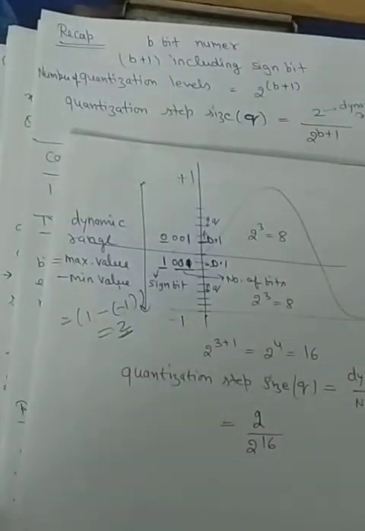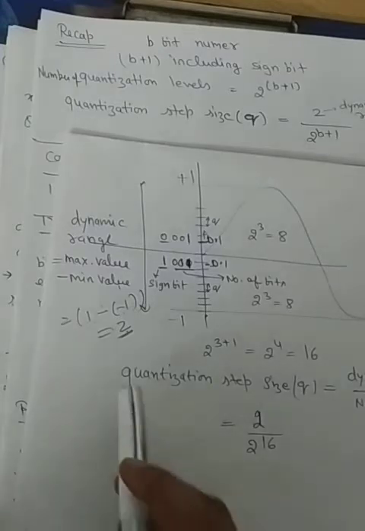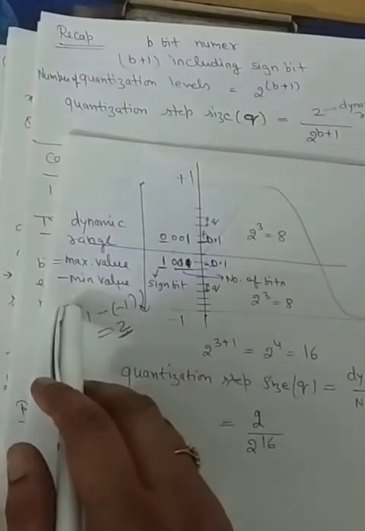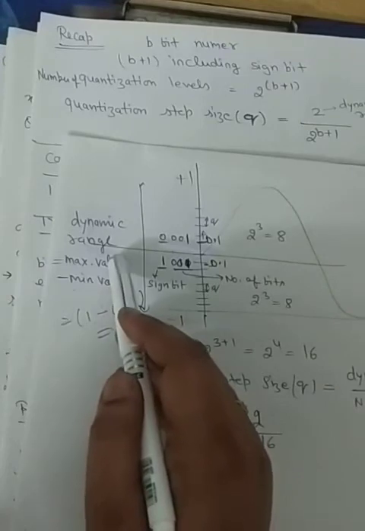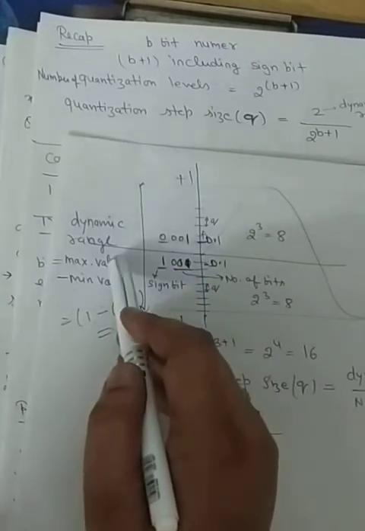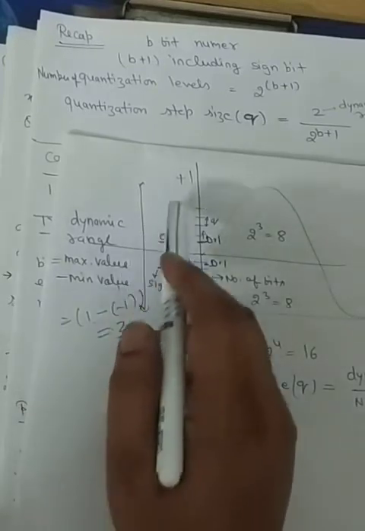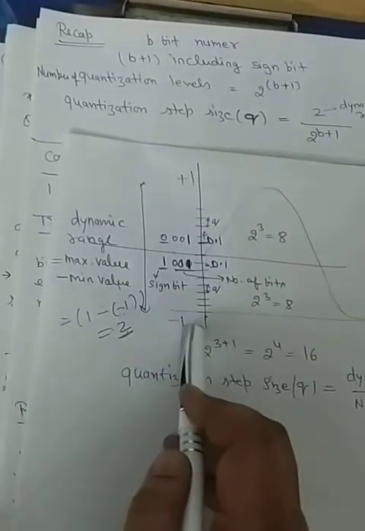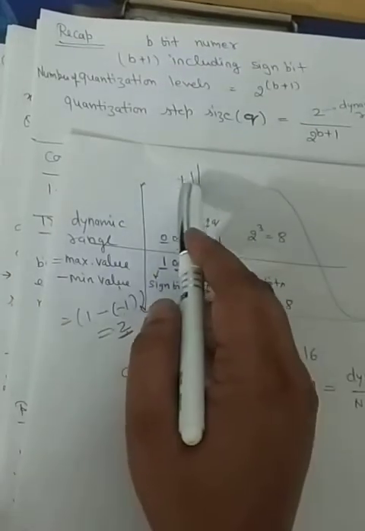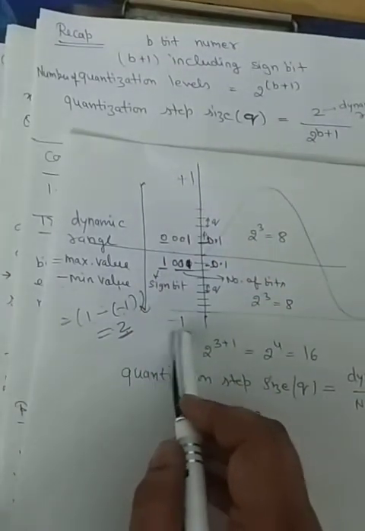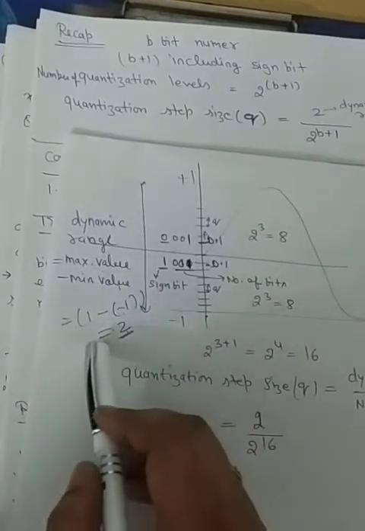And because different types of analog signal may have different maximum and minimum values, dynamic range may vary from signal to signal. So before passing any signal to a sampler, we first fix this dynamic range. And the fixing of dynamic range means that we make the maximum value +1 and the minimum value -1, and this is termed as the normalization process. And when we are fixing the maximum value to +1 and minimum to -1, in this case the dynamic range will be equal to 2.